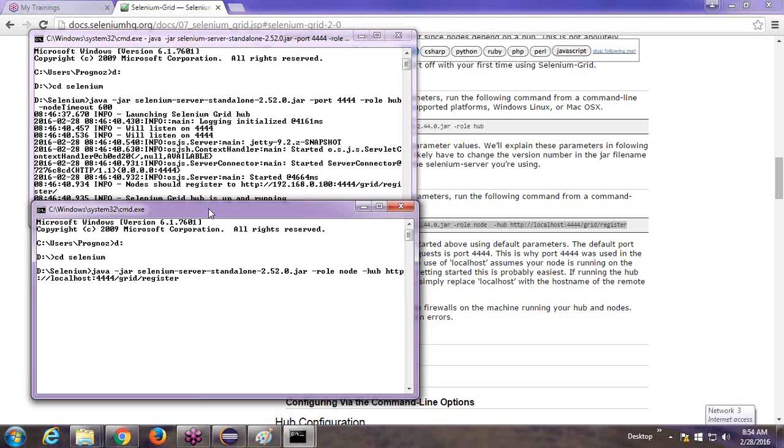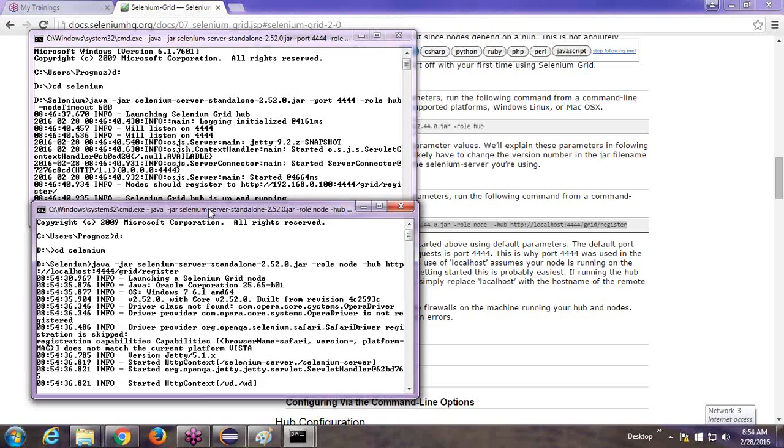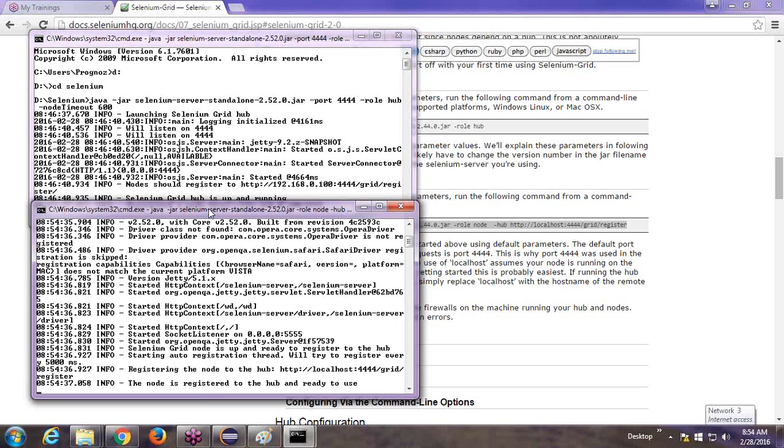If we make a small mistake, sometimes the command will be very large, and somewhere we miss something, and again we get into difficulty. Okay, so hit enter, and you can see the node will be configured with the hub. See the node, yeah, you can see here our